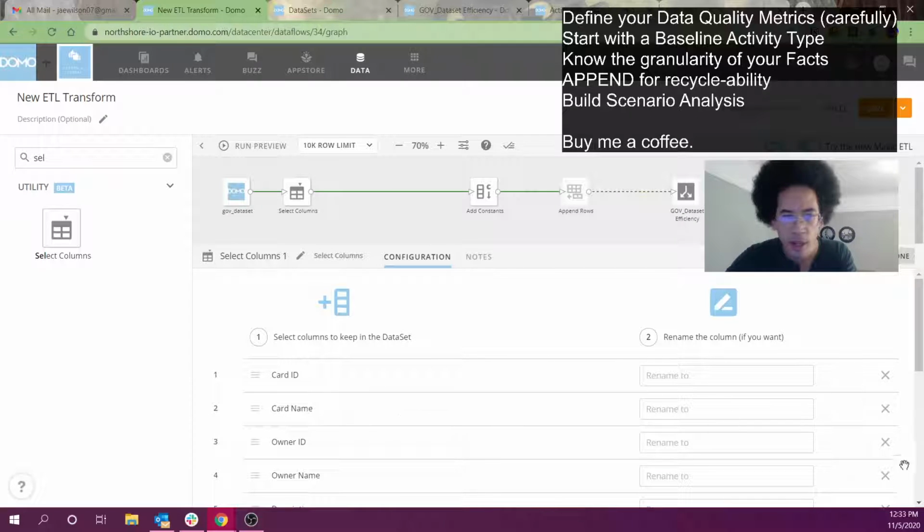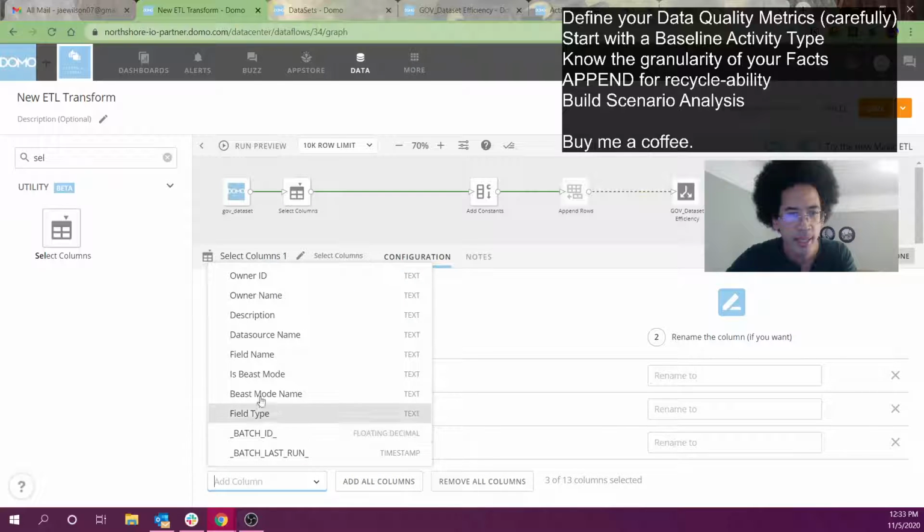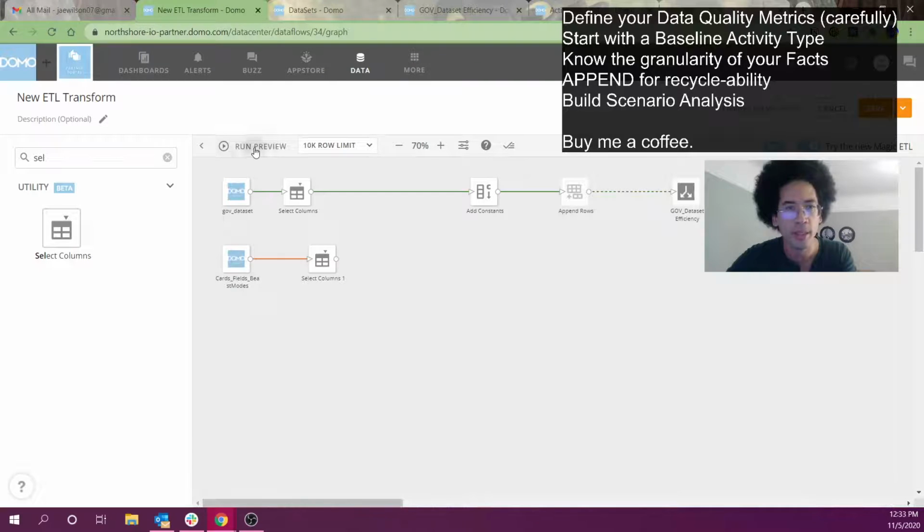The columns of interest are card ID, card name, data source ID, and data source name. Those are the columns of interest. You run a quick preview. I like the Domo governance data. They're very valuable, but